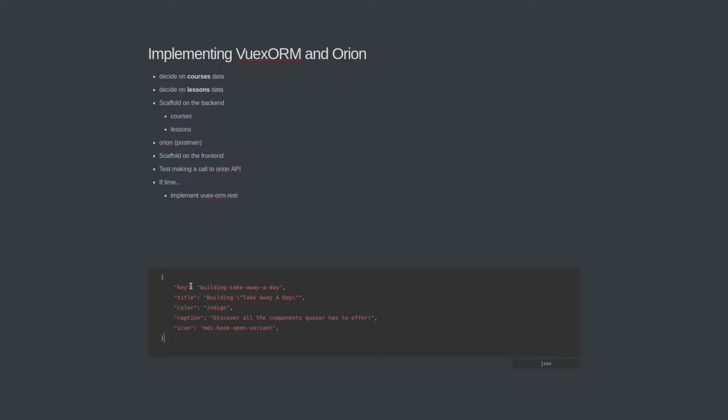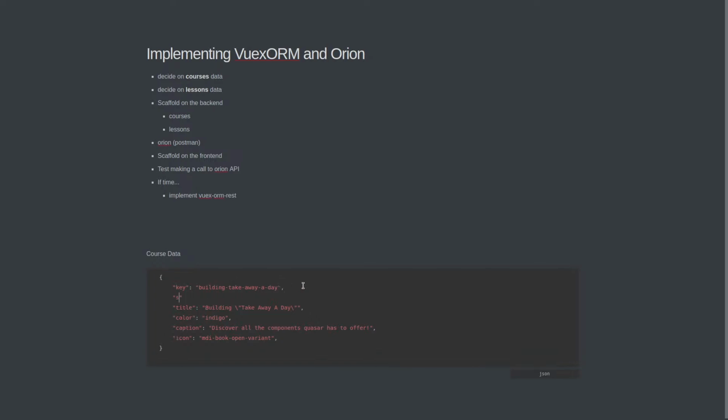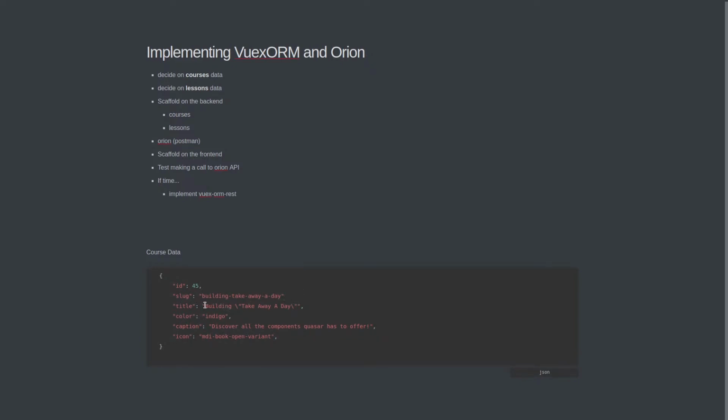Okay. So, do we need a key for our course? So let's call this course data. Probably not. It's going to have an ID, so we're not actually going to need a key. But we might need a slug. So how about this? We have a slug, and we'll set that equal to, in this example, build take away a day. And this isn't going to be a key. This is going to be an ID, which might be, I don't know, 45. Okay, so we're going to have a title, and I will leave that as